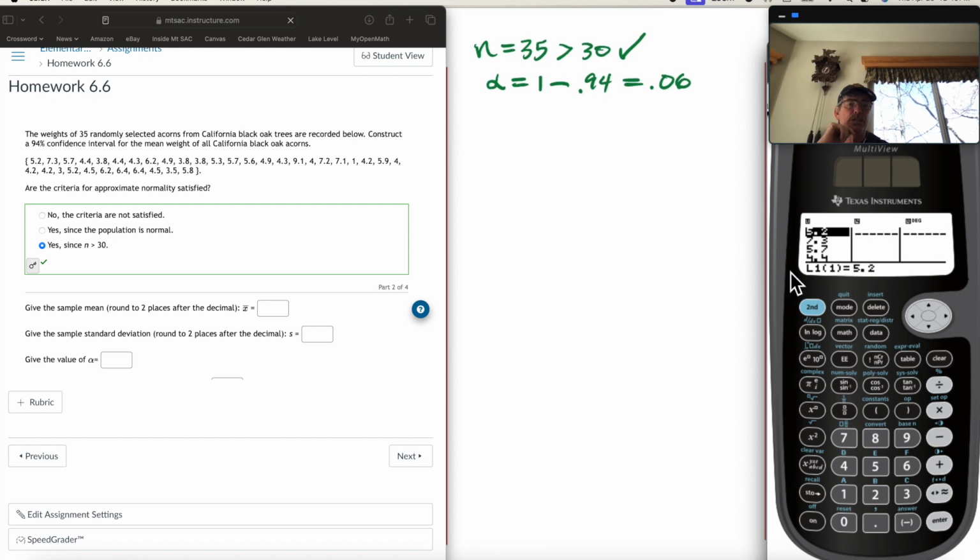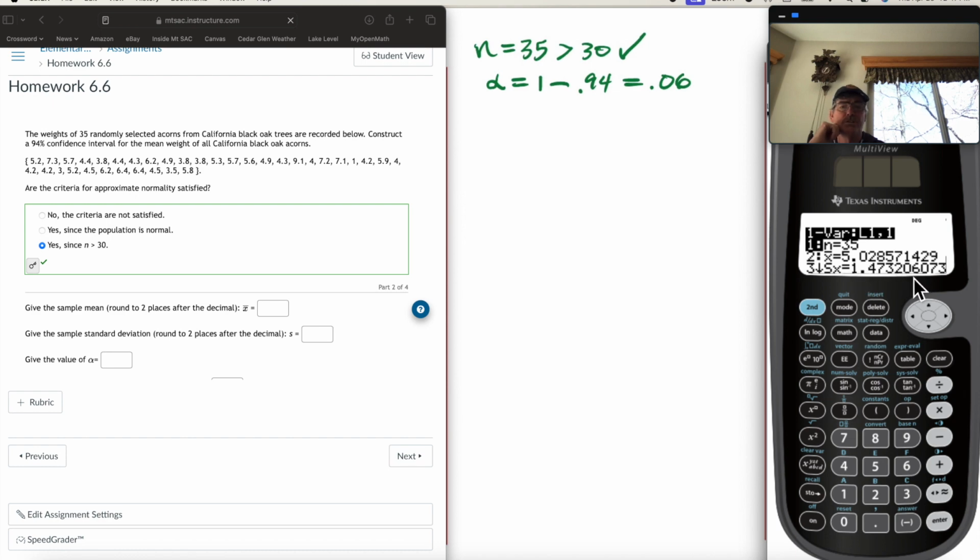So I would go in here, I'd enter these in, pressing enter between each one and just being real careful not to make any mistakes. Then once you've entered all the values in, you press clear, and then second data will take you into the menu for doing one variable statistics. So you select that menu item and just hit enter through these, and you'll get your mean and your sample